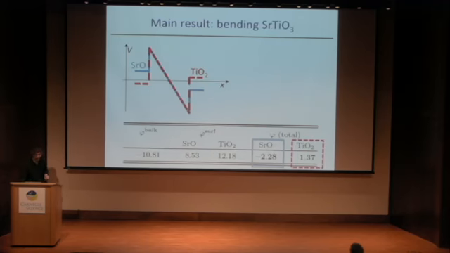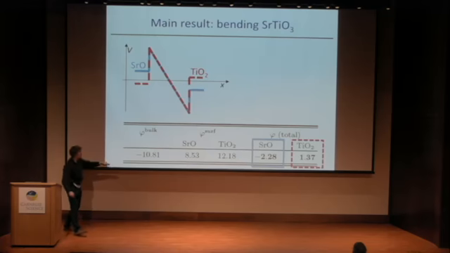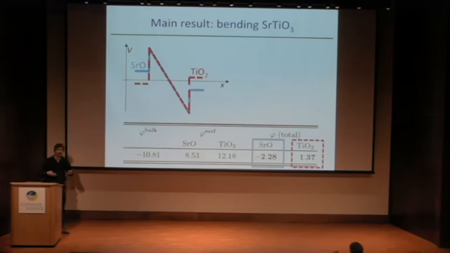And then I have the main result. So I take a Strontium Titanate slab and a TiO2 slab, and the result is this number for the two. So you see that indeed the internal field is a bulk property, but the influence of the surface is so large that actually it can change the sign when I go from TiO2 to SRO. And so actually the surface has a dramatic influence on the response of an STO slab to bending.